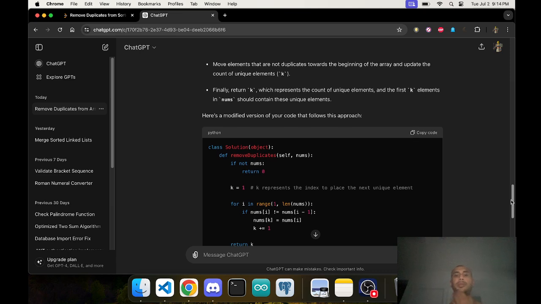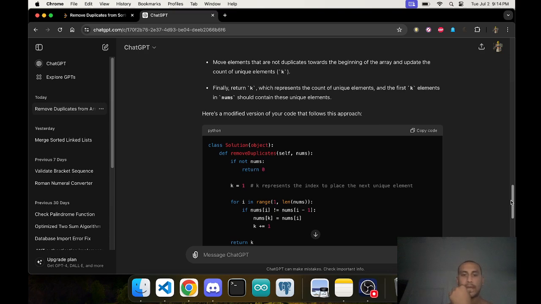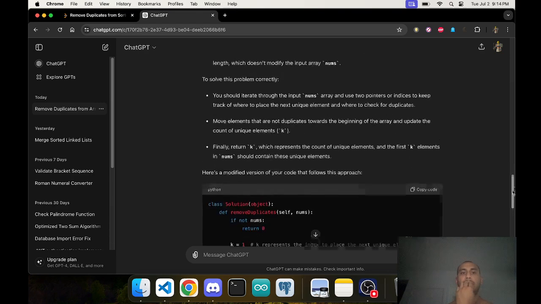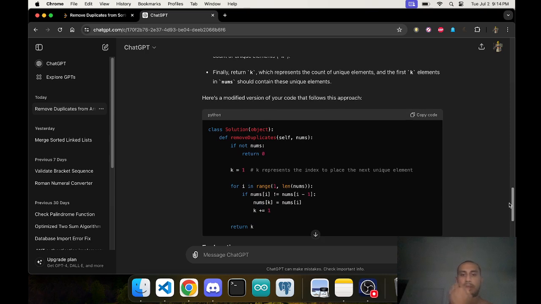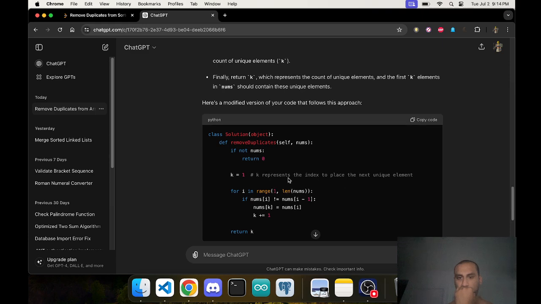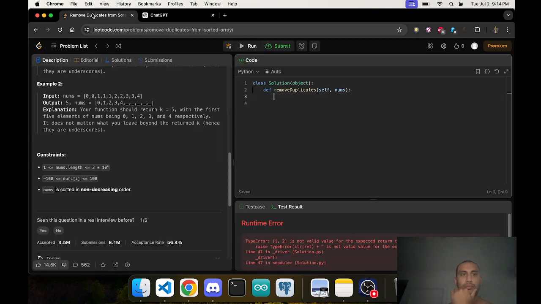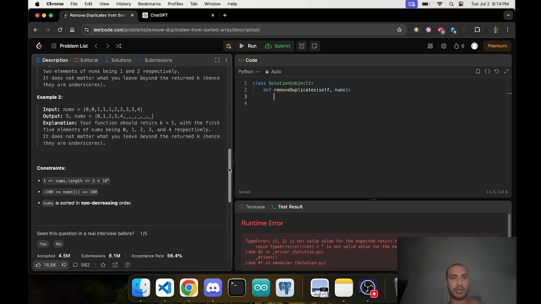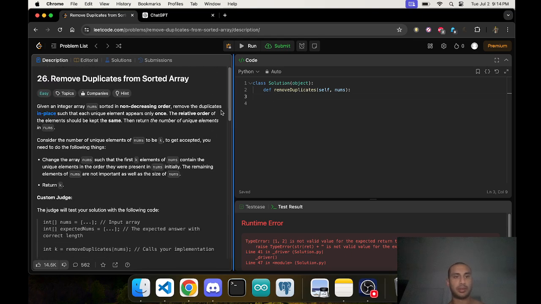If not, nums return 0. Well, it's gonna be 1 for sure. And I guess use sliding window. So you have to use 2 pointers. So basically, it's saying you have to sort it in place. I think that's the big thing. We're in place such that each element appears only once. So we only care about the first one. Okay, so